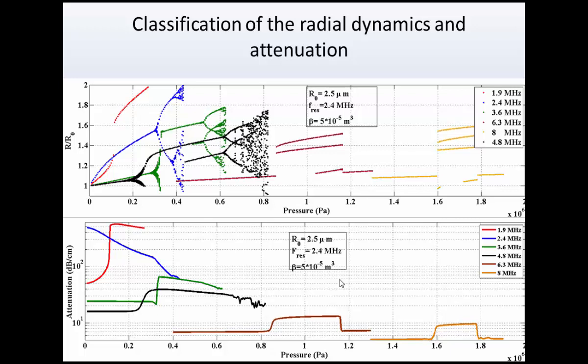As we see, the maximum attenuation at very low pressures happens when the bubbles are sonicated with linear resonance. However, as we increase the pressure, the attenuation of the medium decreases. When the bubbles are sonicated with frequencies below resonance, the attenuation of the medium is small compared to the resonance case. However, as we hit the pressure which is responsible for the pressure-dependent resonance oscillations, the attenuation of the medium increases significantly, and then it decreases. The interesting fact is shown here at very high frequencies, where higher order subharmonics happen, and as we see, the attenuation of the medium is much smaller compared to the resonance and